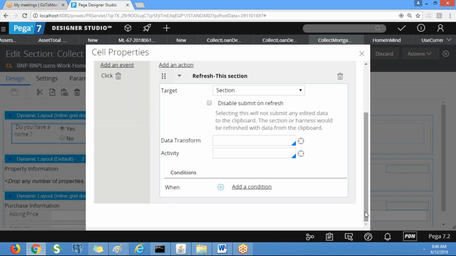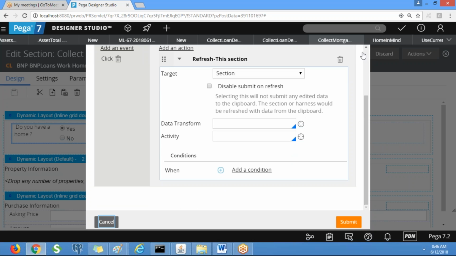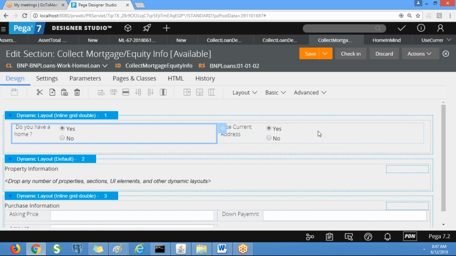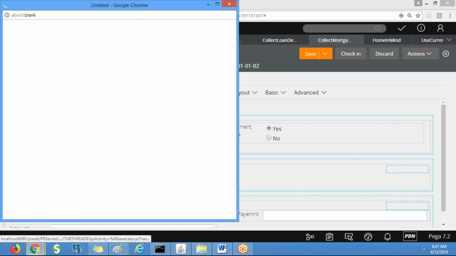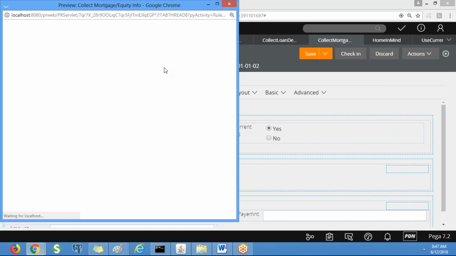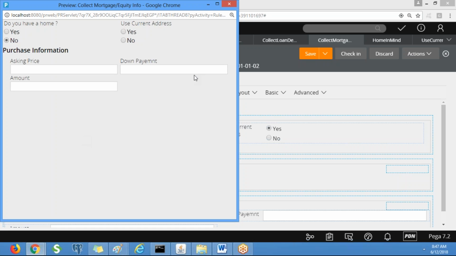Okay. Submit it. So now we can test this screen here itself. Go to the preview. So do we have a home? Yes. If it is yes, display property information. If it is no, the purchase information is getting displayed.